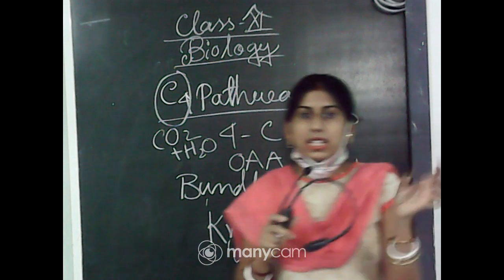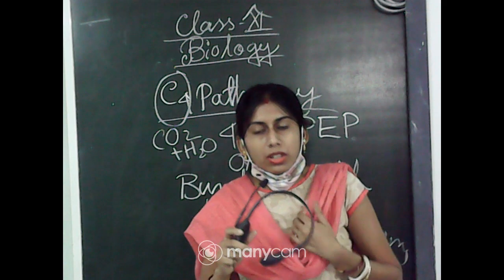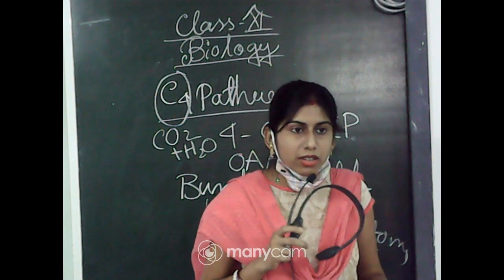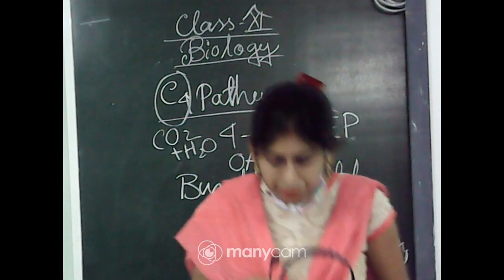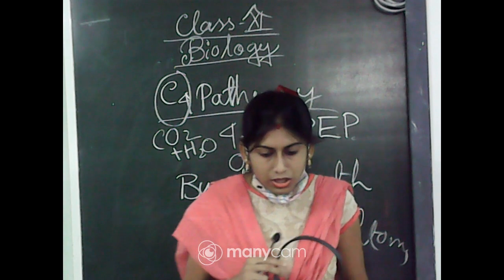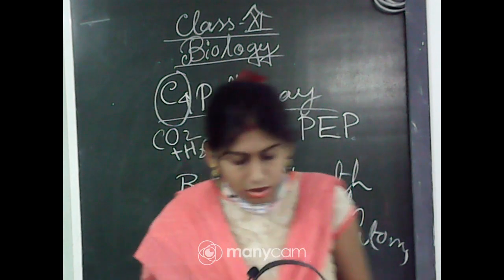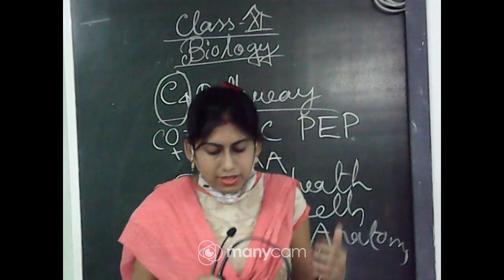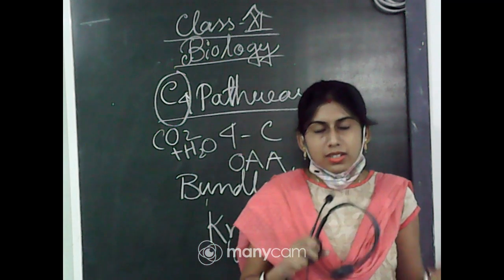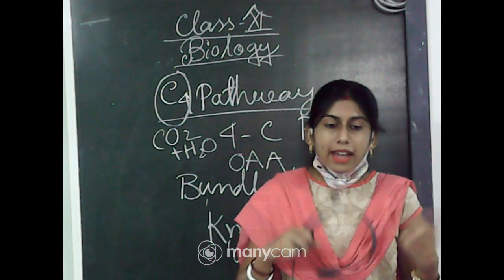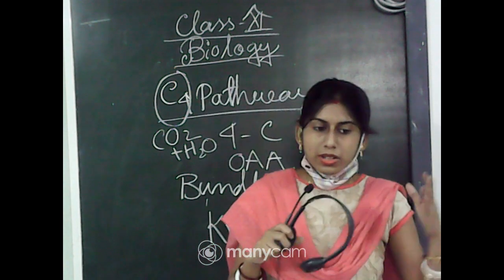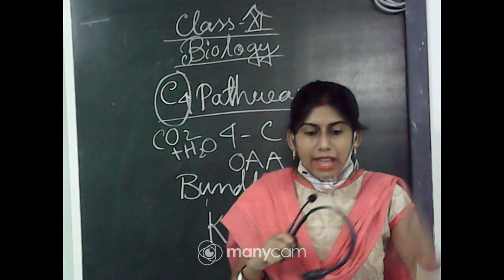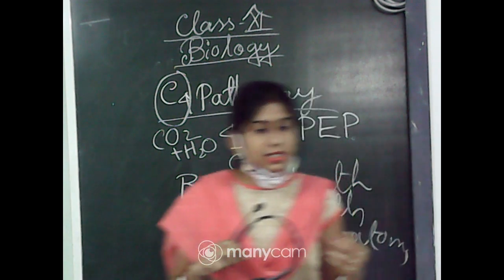Decarboxylation means one carbon molecule will be removed as carbon dioxide. So by decarboxylation, carbon dioxide will be released and the C4 acid will be broken down into a 3-carbon molecule. Now this CO2 will be fixed by the Calvin cycle and the formation of starch, the main aim of the plant, will be fulfilled by the bundle sheath cells.